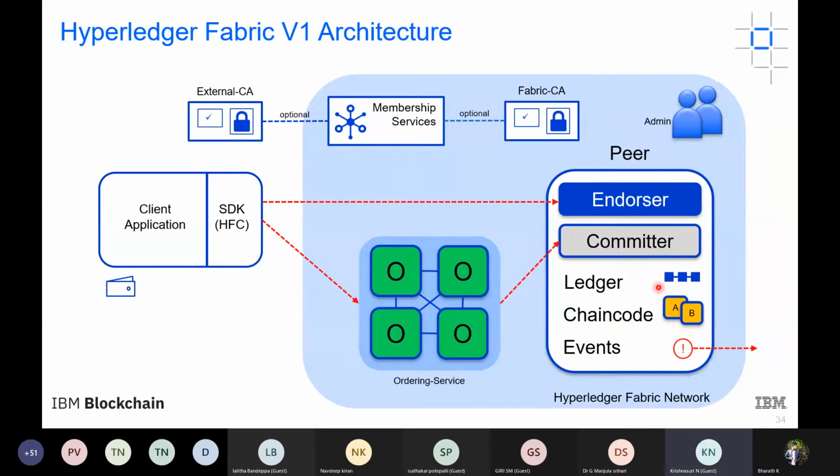Okay, so ledger is the blockchain. This is the chain of blocks, and then chain code. So this is the smart contract. Then events: at the end of execution of the transaction, there can be certain events generated to which the clients are subscribed, so that they can come to know when a transaction execution gets finished, and they can even check whether the transaction is a success or failure, because